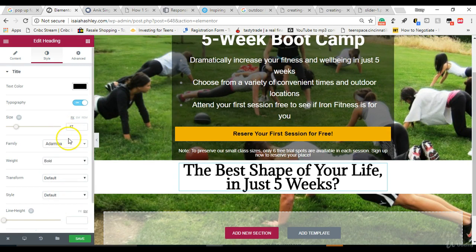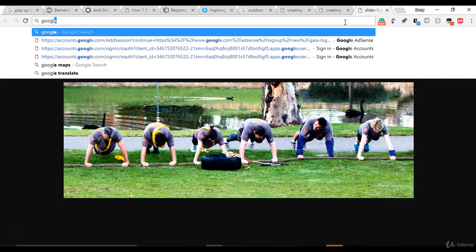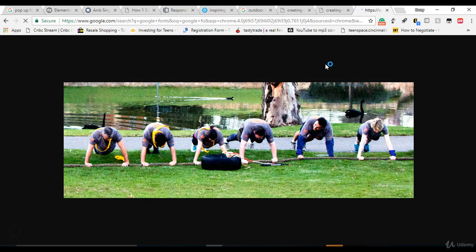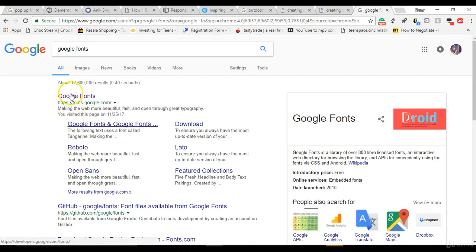So, like I said, I mentioned before that it doesn't show you a live example of the font. In that case, what you do is just go to Google Fonts. This way we can see the fonts before we use them, versus trying to use their editor and not being able to know what font is what, unless you're familiar with all the basic fonts. But they have a wide variety of options,